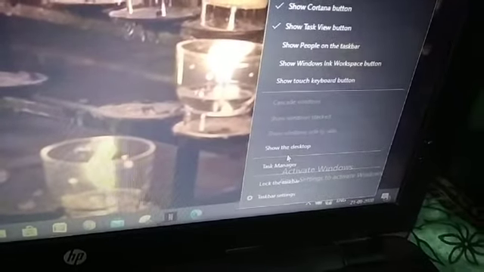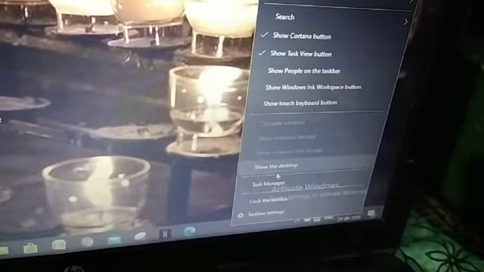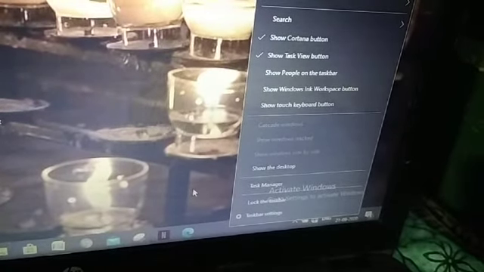Children, here it is. This is the taskbar shortcut menu: lock the taskbar, taskbar settings, show the desktop. These are the options of the shortcut menu of the taskbar. Understood?